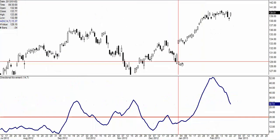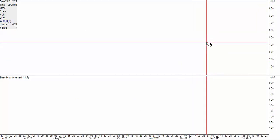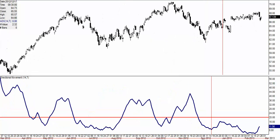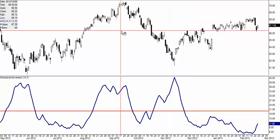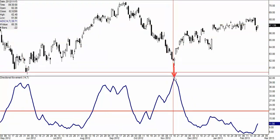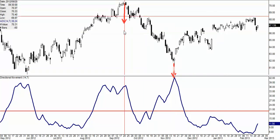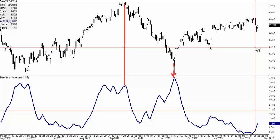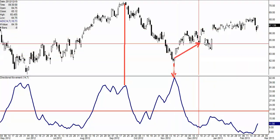So let's real quick look at the DMI and see what we find, because we haven't looked at it today. We're still looking at the QQQ daily chart. We're looking at directional movement, also known as ADX. You can see that we bottomed out here, topped out here. This is what I want you to see: the stock essentially went up,